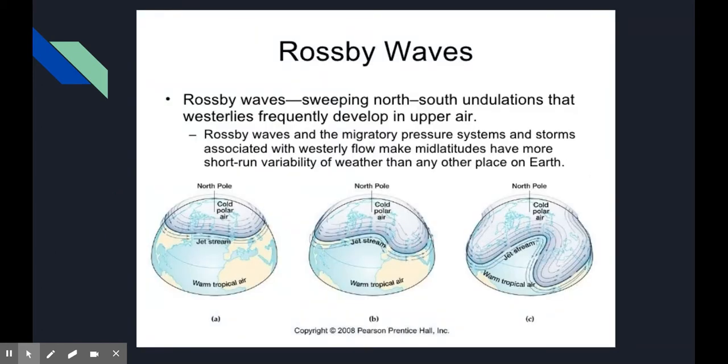Here's a different way to look at the Rossby waves. They start out, this is superimposed on our northern hemisphere here, as a relatively smooth flow with a jet stream between the cold air to the north and the warm air to the south. As an undulation or oscillation begins, you see that the cold air is starting to slip a little bit south while the warm air is starting to move a little bit north. And then finally in the last image there, you see that there's a ton of warm air pushing well north of the area while cold air is sinking further south.